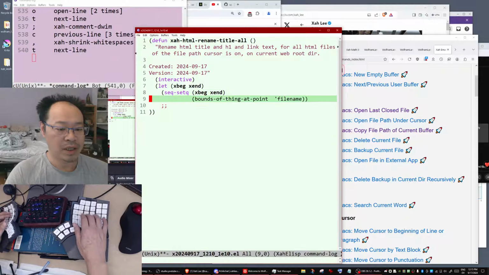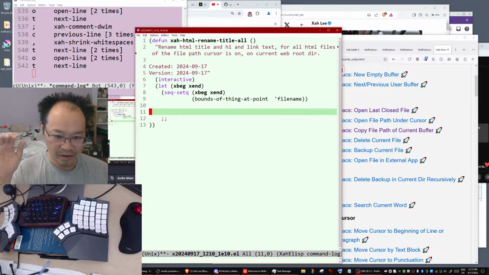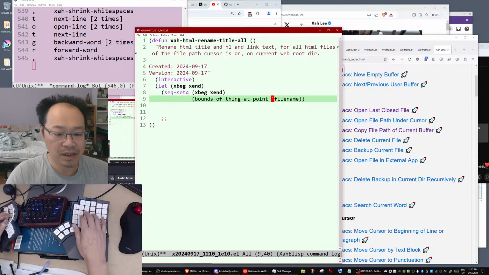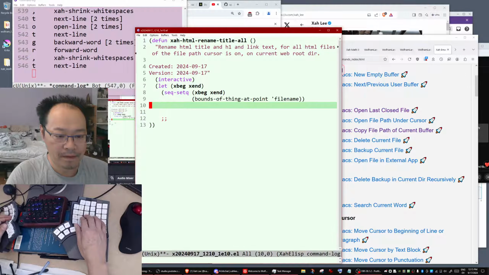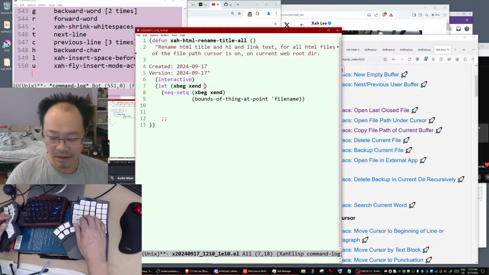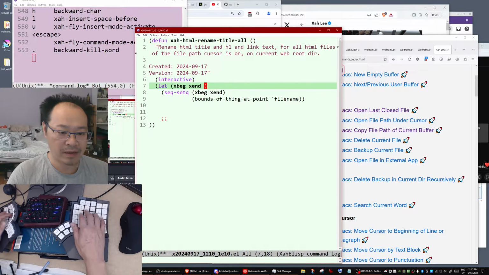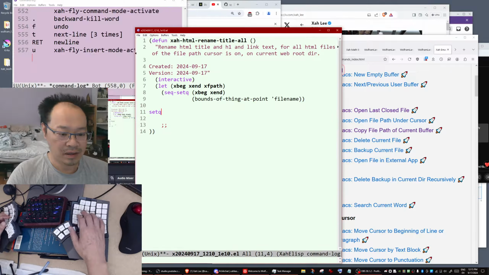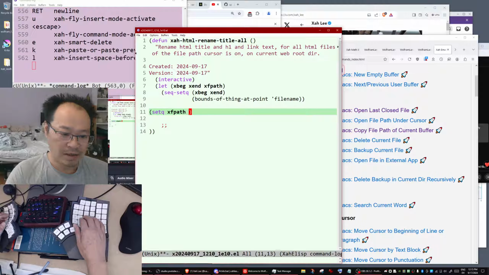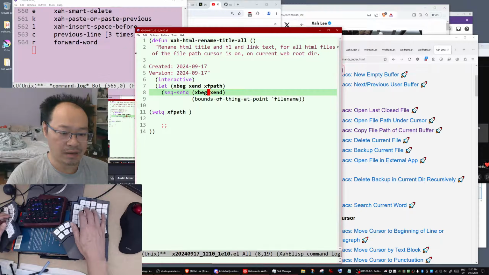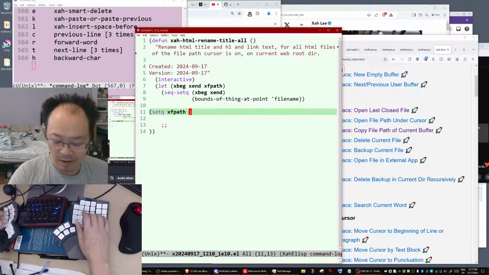Okay, so we got the boundary of the file path. Then we need another new variable, file path. So set q file path. Then you want to get the text between those boundaries, which are 2 positions, numbers.